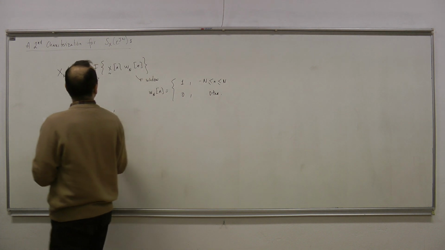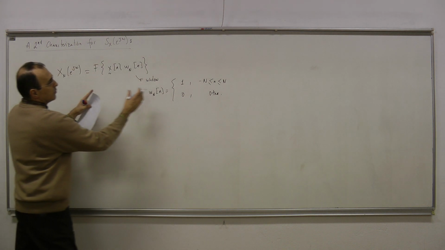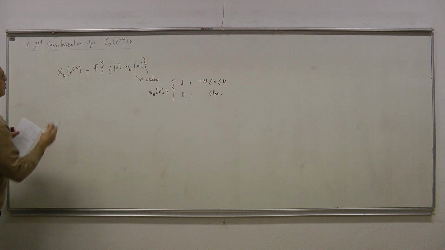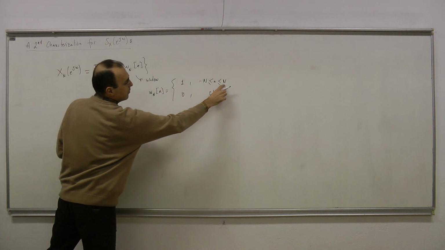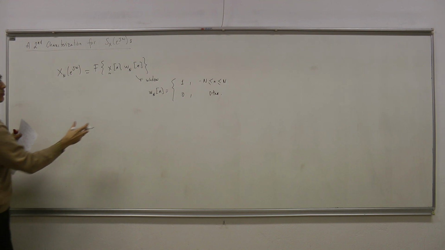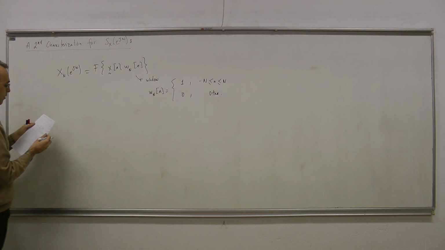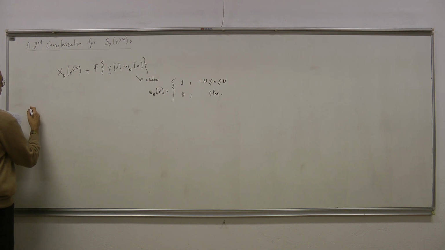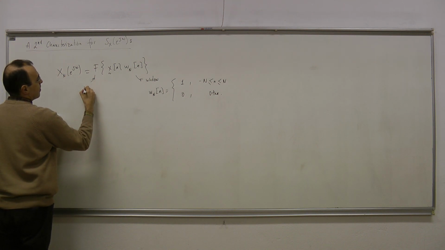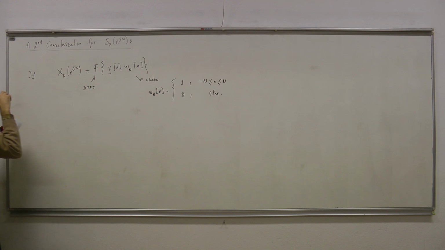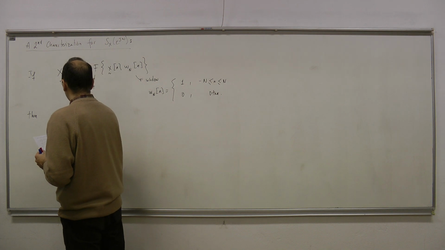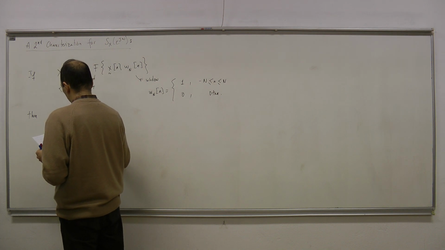So this window is selecting 2N plus 1 samples, let's say, around the 0 index. Okay. So N is this N, so this is the positive side support and negative side support. So beginning and the end of the support of this window for this n variable. Okay. So what else? So then, if we have such a case, so this is obviously the DTFT. Then power spectral density is equal to